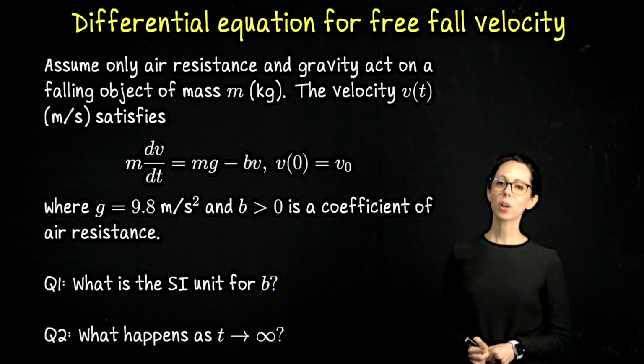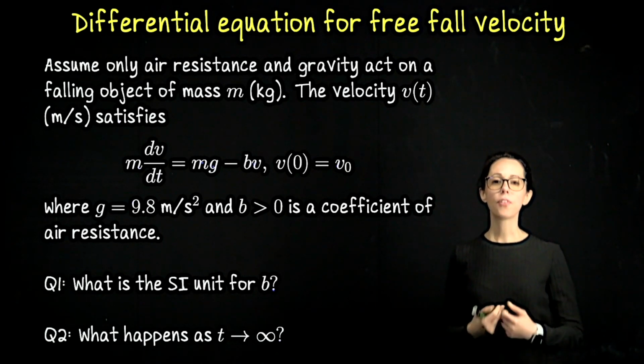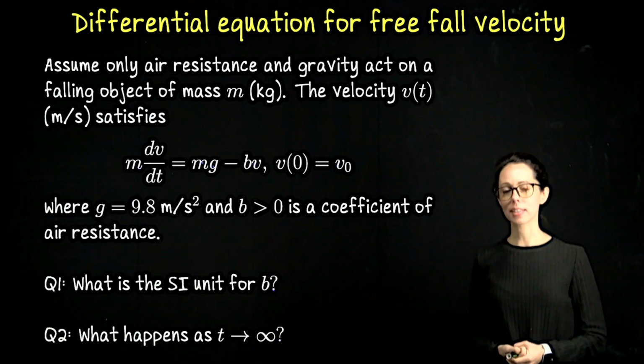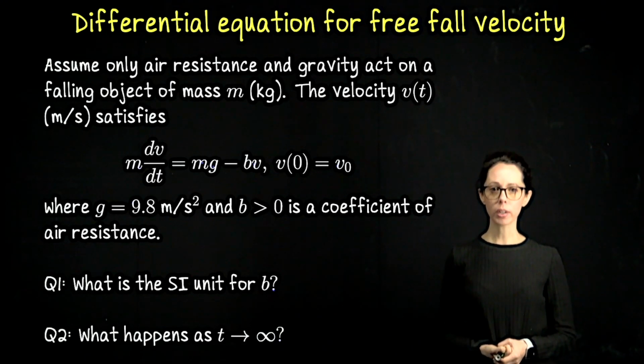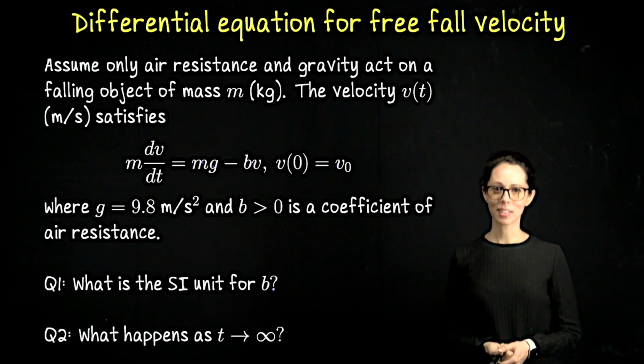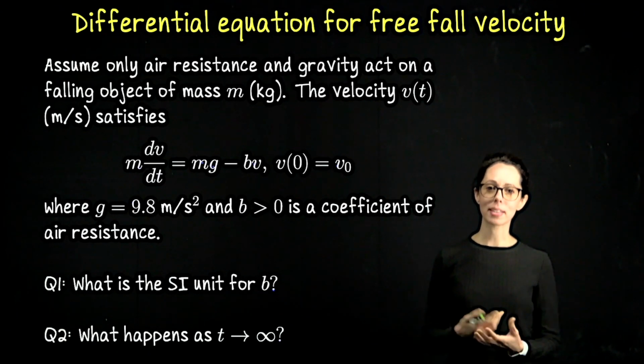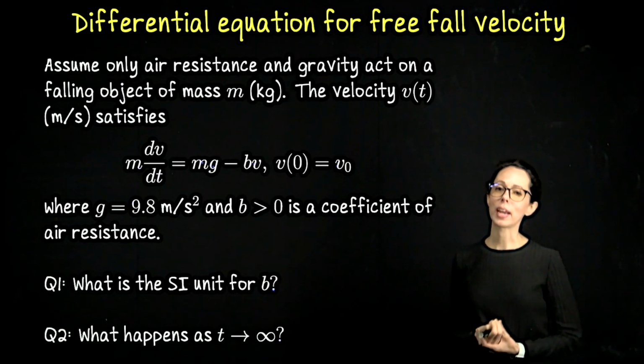In this video, we are going to consider just one situation. Imagine you have a mass falling to Earth, and the only forces acting on your mass are downwards due to the force of gravity and upwards due to air resistance. For example, we can imagine a skydiver of mass in kilograms who's jumped out of an airplane and they're now